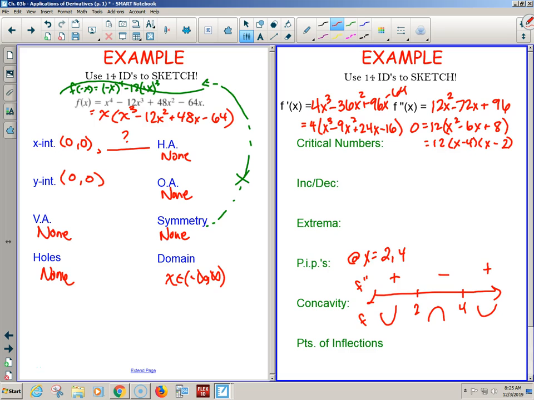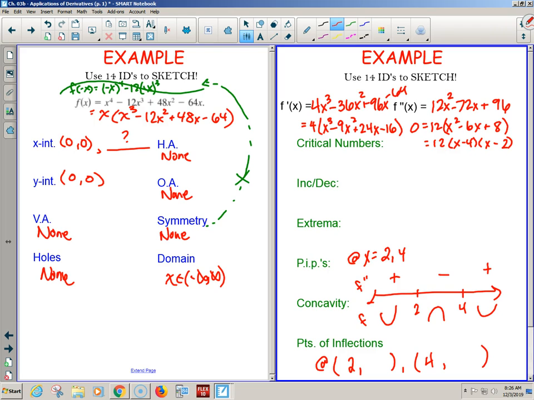Well, you have 2. I do have 2 points of inflection. My points of inflection are going to be at, whoa, why am I putting 2 sets of parentheses? Because I'm doing the actual points. So if I have the x's, what else do I need to fill out my points? I need the y's. So the y's, when I come on up, the y's are going to be at,